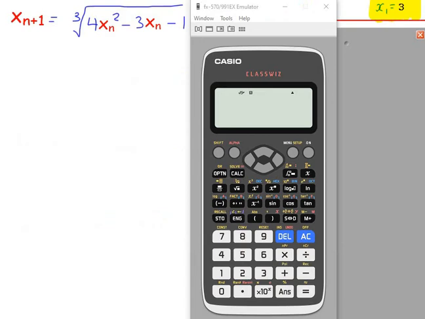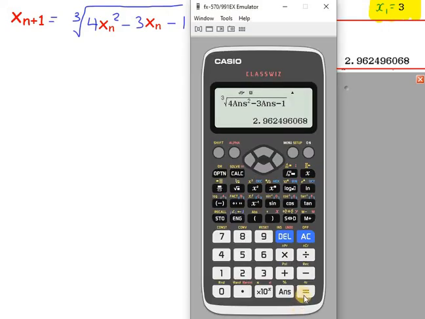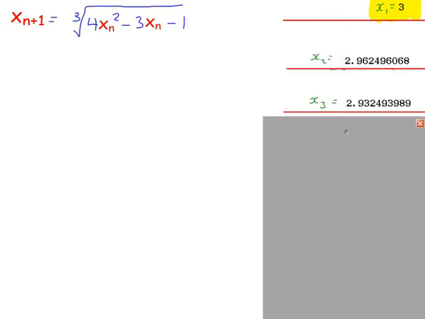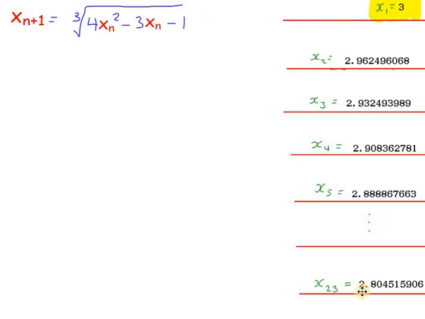Okay, so here's a quick version of what I just did. So the starting value is 3, put 3 in, press equals. That is now stored in the answer function. Enter your iteration formula, replacing xn with the answer function. So if that's x1, then this is x2, and you need to write all of these down. Then press equals again, that's x3. I've written that one down. Then press equals again, that's x4, 5, 6, and x23 is about 2.80, and I'll just show you on the